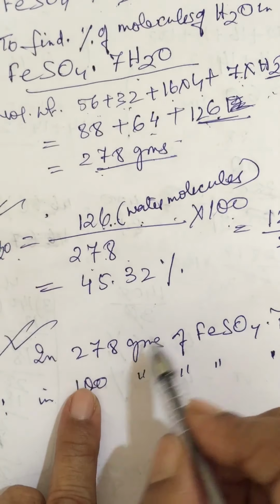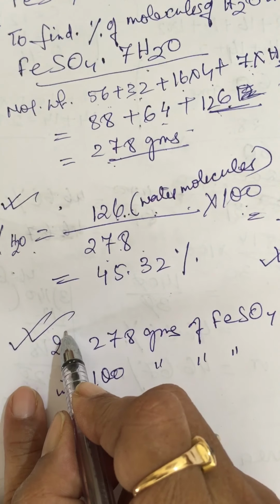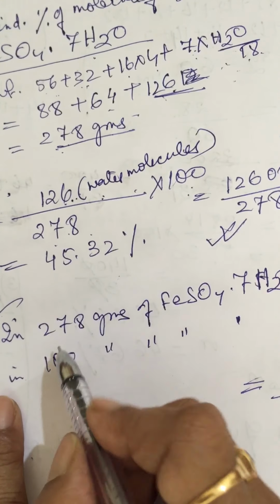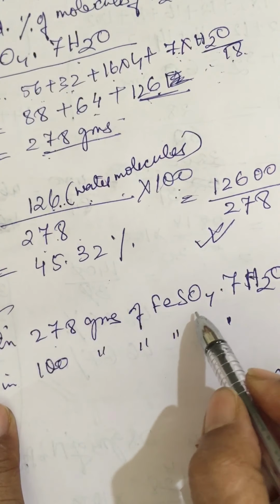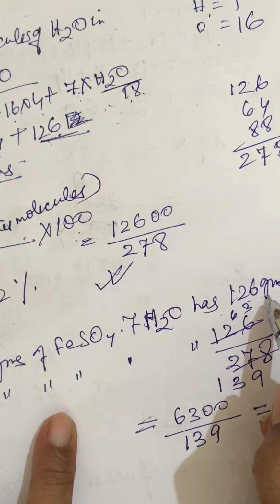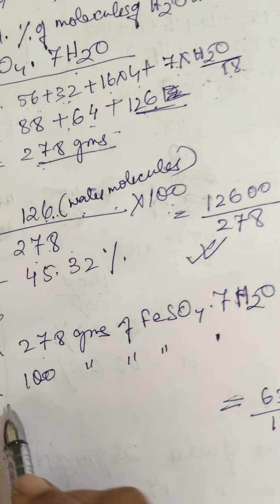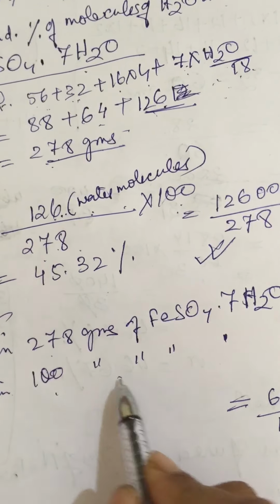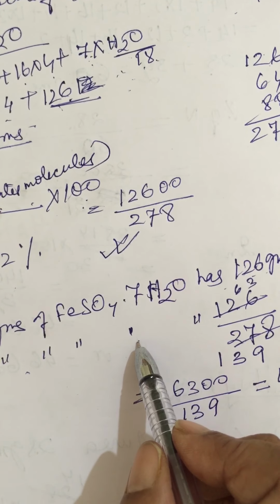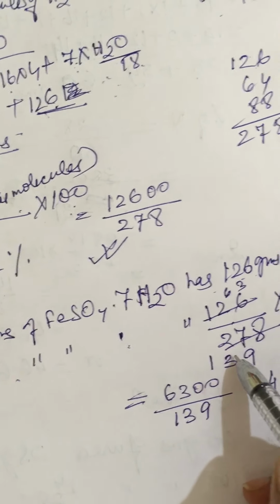But this is the formula process, and this is the second method that I showed you, that is the unitary method. In 278 grams of ferrous sulfate with 7 molecules of water there are 126 grams of water. So, therefore, in 100 grams of ferrous sulfate with 7 molecules of water, how much will you have? You will have 126 divided by